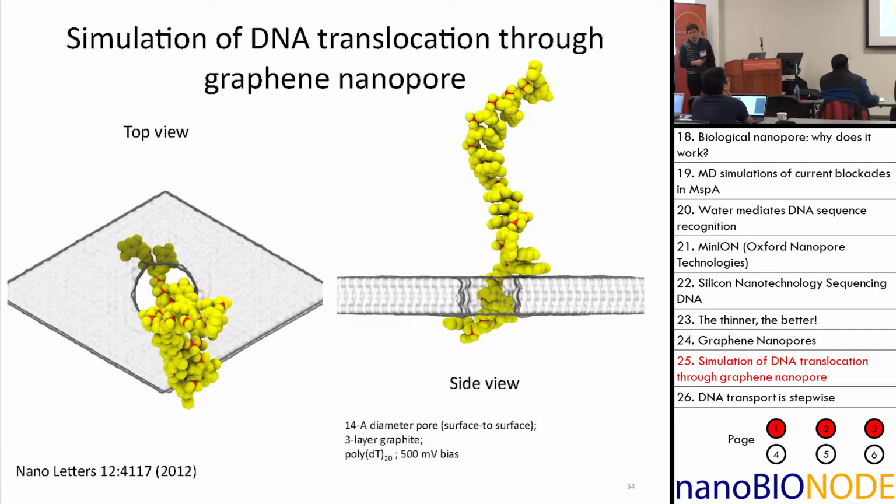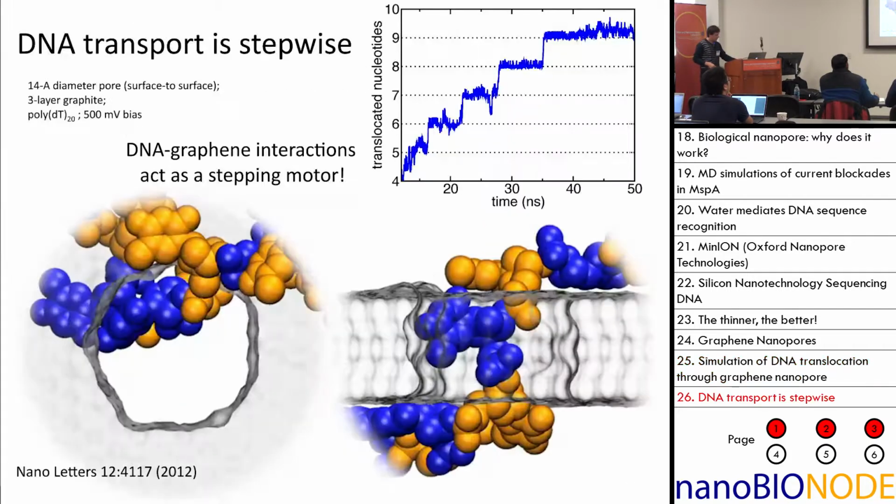You can easily understand why it happens, because the surface of the graphene is so perfect. There's no preferred place for it to stick. So it's different from silica or silicon dioxide, where you have an isotropic surface. There are some hot spots where it will just get stuck. But this one, it just keeps going. And if you look at the way it goes through the nanopore, you'll find that the translocation proceeds in discrete steps. Look at this nucleotide. It will be displaced by another one, and then another one will move in and pretty much occupy the same position as the previous one. So this is a plot of number of nucleotides versus time. It goes stepwise, which was the feature that